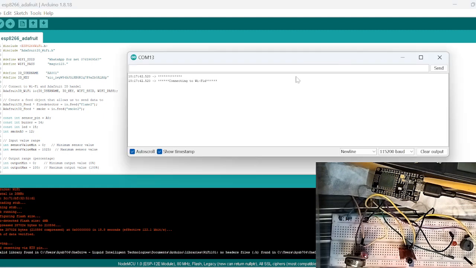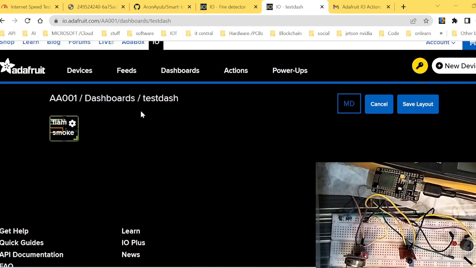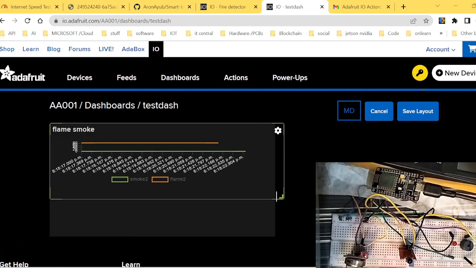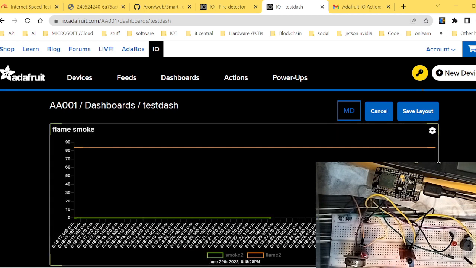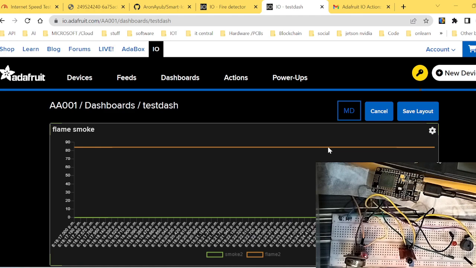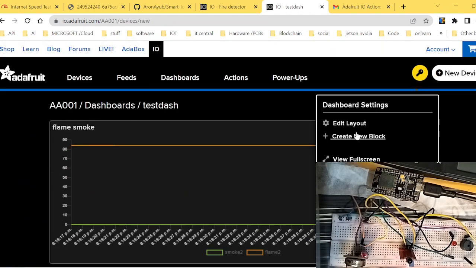Let's see. The first thing, of course, is that it has to connect to our Wi-Fi, and it should not take much time. After it has connected, it is sensing no flame detected. Let's see if we will get some parameters being sent here, guys. All right, it's quite interesting, and as you can see, we have our value being sent here under new block,